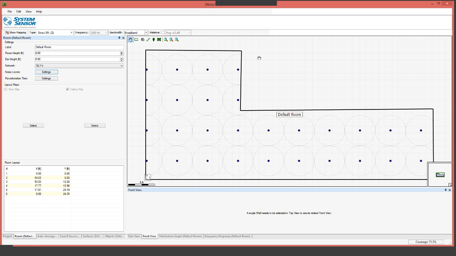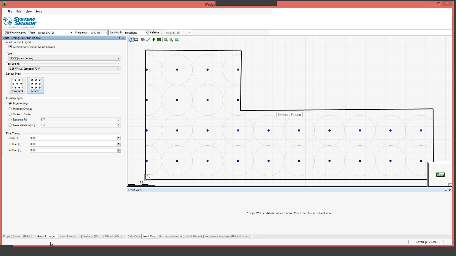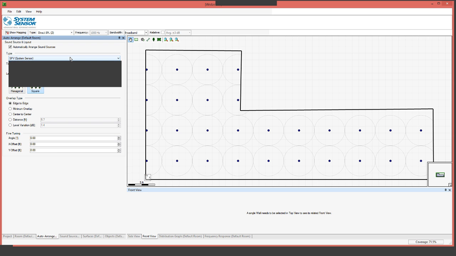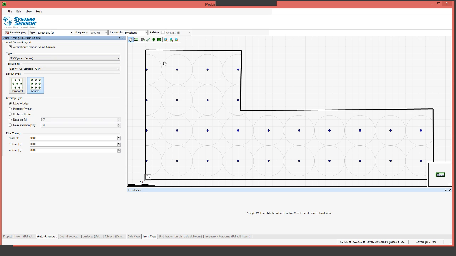The next step is to take a look at arranging these ceiling loudspeakers that we have. Right now I'm choosing from the System Sensor database, where we have both the SPC and SPV products, with and without strobes, and so on in both versions. So right now it's automatically arranging these. I can see that I'm starting at the edge, so I'm going to offset this a little bit, move that over by